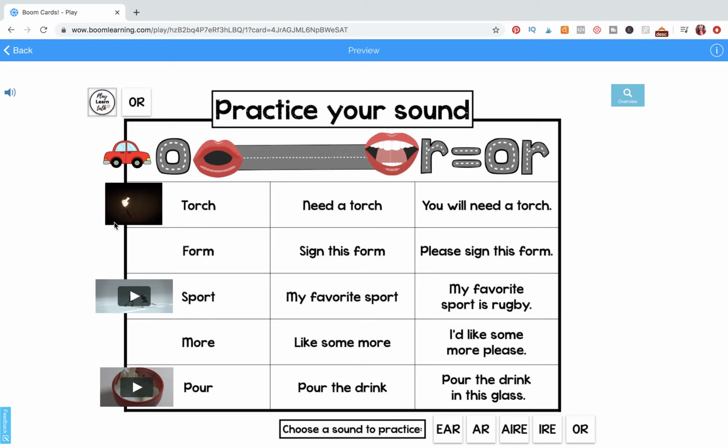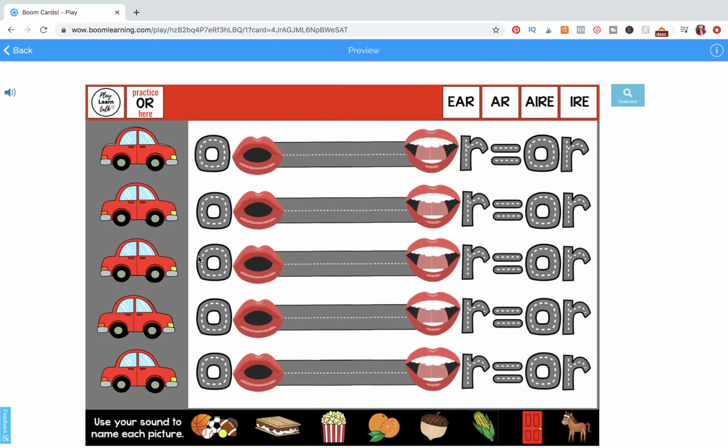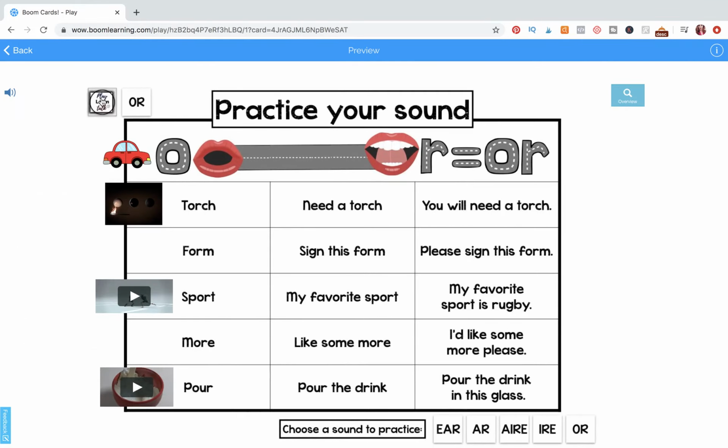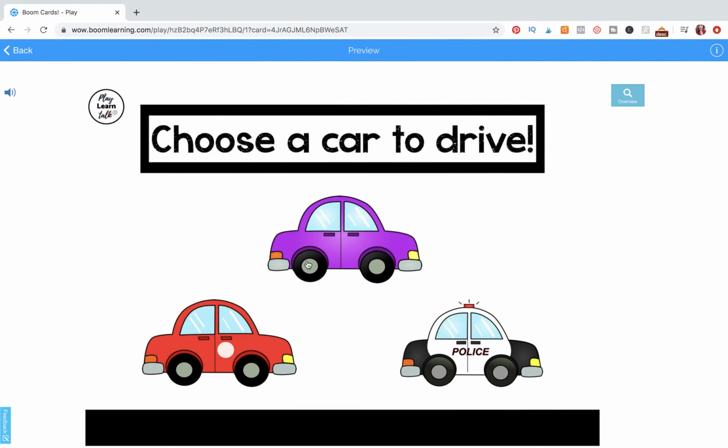Now, I will say some of the videos go for maybe 10 or 12 seconds. If you click the picture of the torch and you jump over to the next page, this video will keep playing. So make sure you hit pause before moving on to the next page or next video. To navigate back from this page, you just hit this button here and it'll take you back to this page. So once again, to get to the other page, you just go here. If you click this one, it'll take you back to the choose a car to drive. Once again, the sound's in the center of the car,